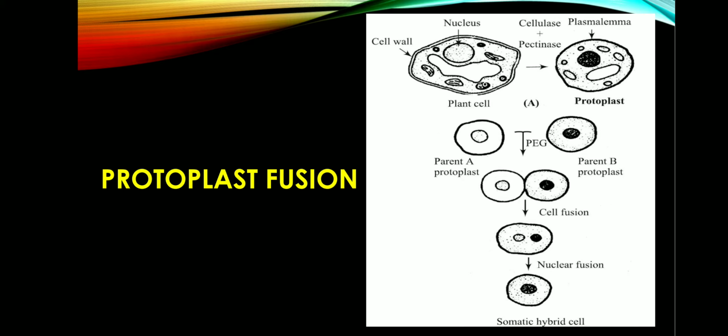So we take this protoplast and we treat it with polyethylene glycol, or we go for electrofusion or liposome techniques, wherein the protoplast will fuse. When we use polyethylene glycol, the plasma membrane of the two cells will fuse. So the cell fusion, or plasmogamy, will take place, wherein both nuclei will be present. This is called a dikaryotic cell, where two nuclei are present in one cell now. Now the two nuclei will undergo nuclear fusion, which is called karyogamy, to get a somatic hybrid cell. Now this somatic hybrid cell is a recombinant cell.